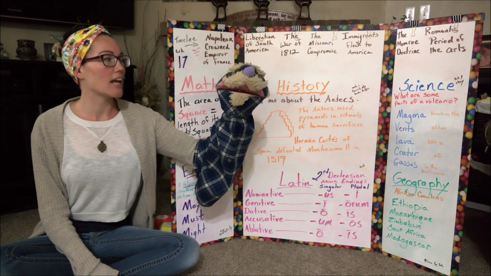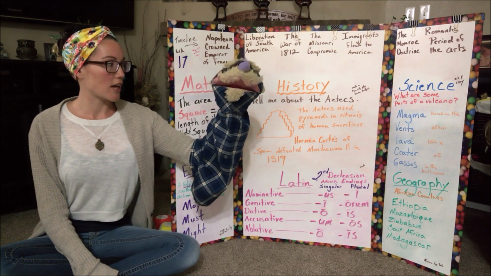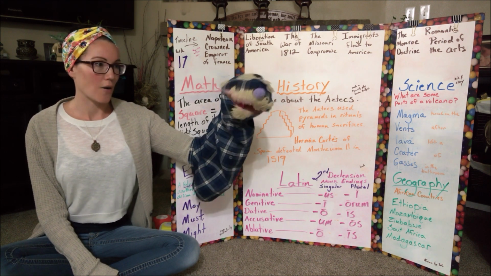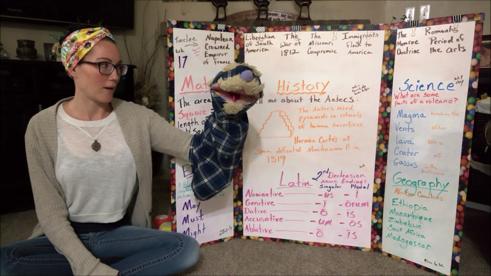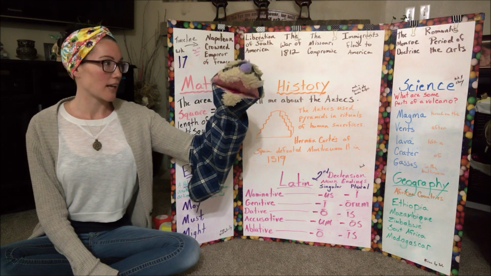Some parts of a volcano are magma, vents, lava, crater, gases. How are you going to remember that? How about this? What are some parts of a volcano? Some parts of a volcano are